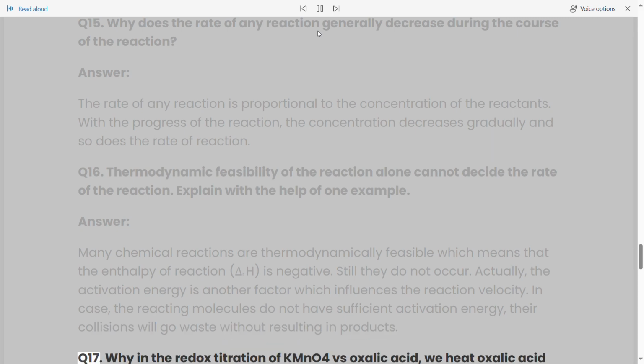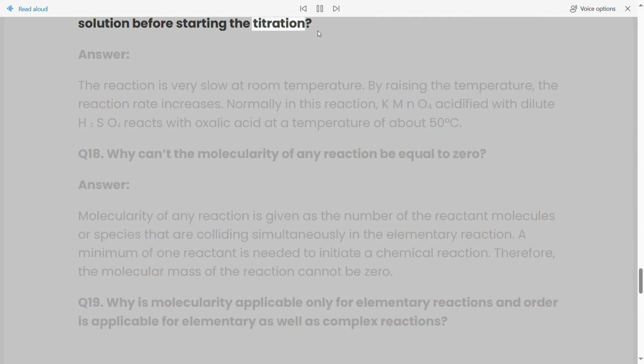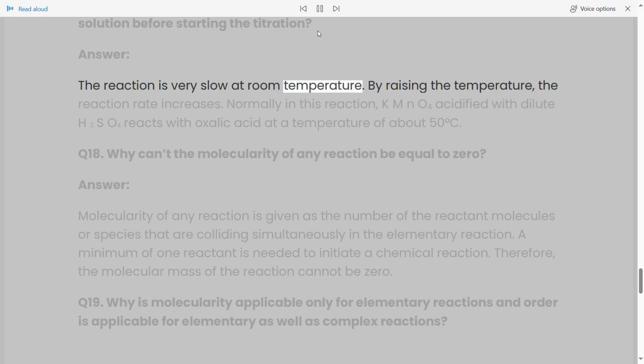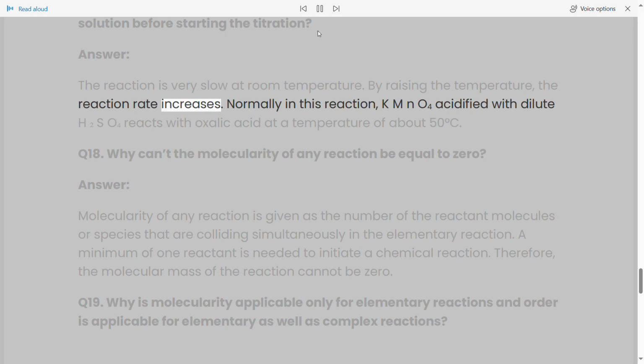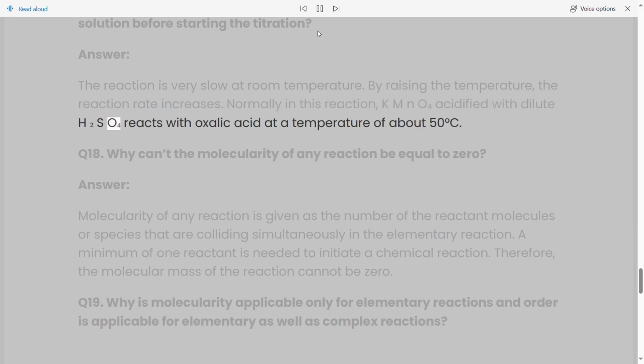Q17. Why in the redox titration of KMnO4 versus oxalic acid, do we heat oxalic acid solution before starting the titration? Answer. The reaction is very slow at room temperature. By raising the temperature, the reaction rate increases. Normally in this reaction, KMnO4 acidified with dilute H2SO4 reacts with oxalic acid at a temperature of about 50 degrees